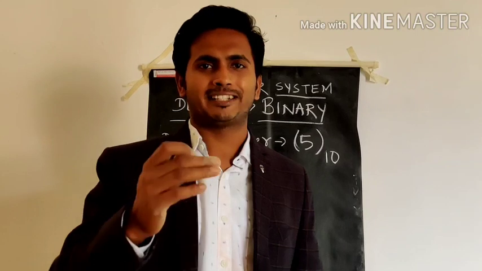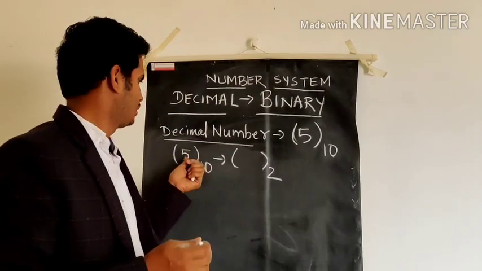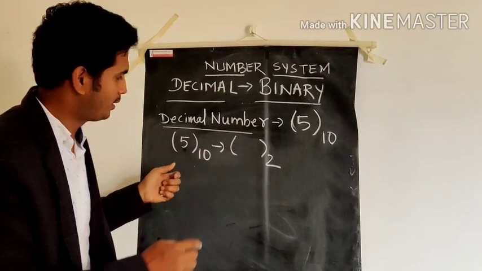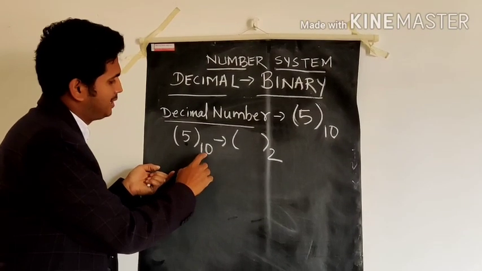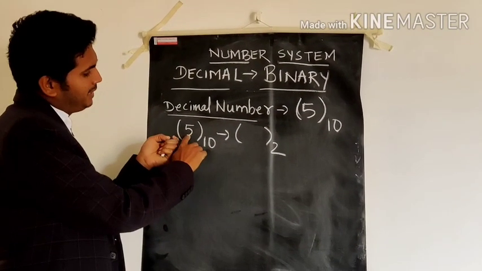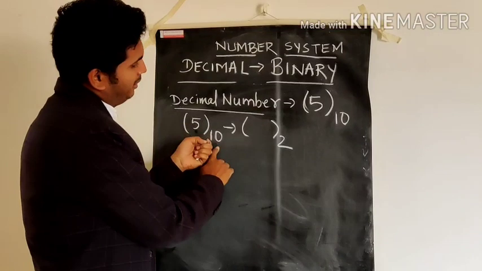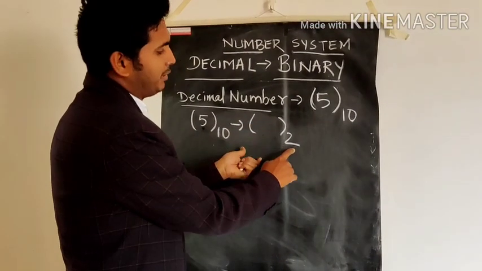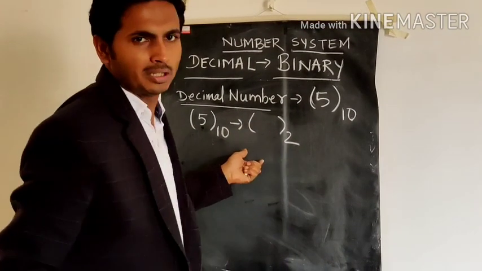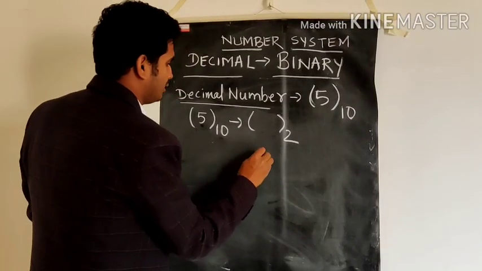Now I shall explain with the help of an example on the board. Students, now I shall explain how to convert a decimal number to a binary number. You see, 5 is a decimal number. Why? This is called the base, that is 10. And what will be its conversion from the decimal number 5 to a binary number? For binary, you see, the base is 2. Now I will show you the way, step by step. The number is 5.